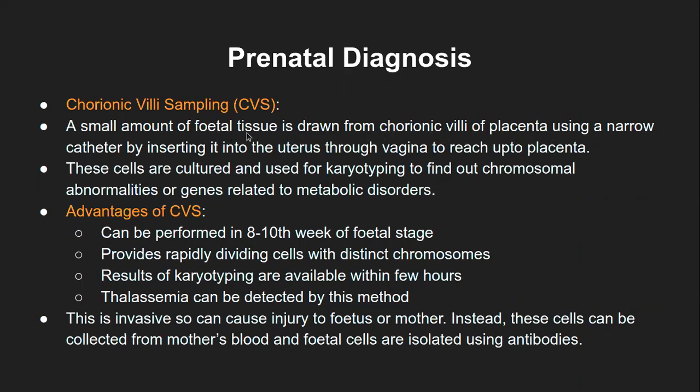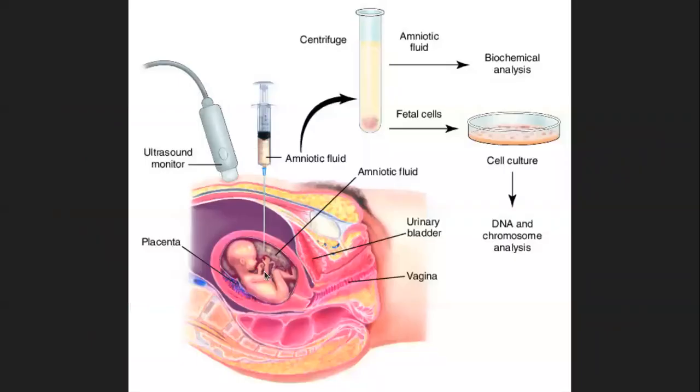It is not actually a fetal tissue, it doesn't mean it is taken out from the body of the fetus. Like this is not the tissue that we are taking. But let's say, where is the placenta? Is it shown here? Yeah, here, this purple color thing. So from there, obviously the outermost layer beyond the amniotic cavity is the chorion, and from the placenta, which is next to the chorion, that part of tissue is taken, and again a very few cells are taken, not like a chunk of it, probably hardly a millimeter or 2 millimeter of tissue is being taken